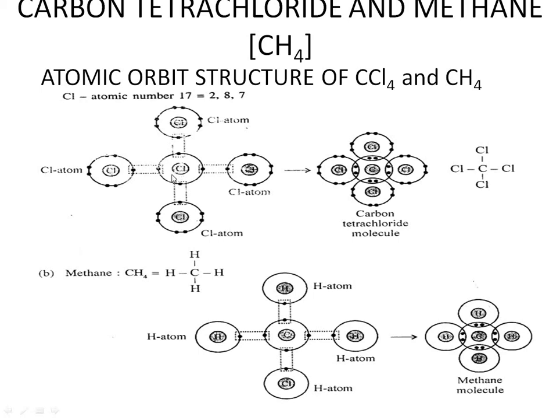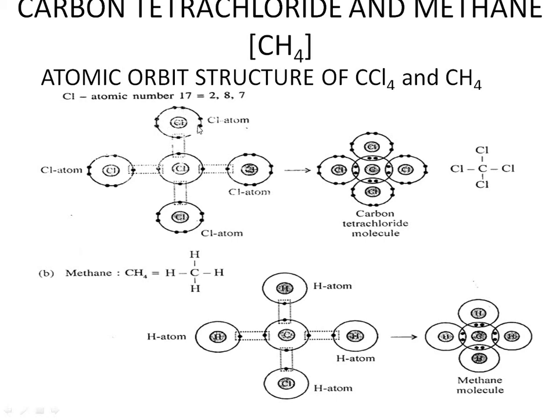So 2 in the K shell, 4 in the L shell. You are going to represent carbon in the center, and the 4 chlorine atoms like a plus sign above, below and at the sides of this carbon atom. Now in the case of carbon, only the last shell electrons we are going to represent. 4 electrons like this, and I am not going to pair those 4 electrons. You split them and draw in such a way that it is going to share the electron with the chlorine atom.